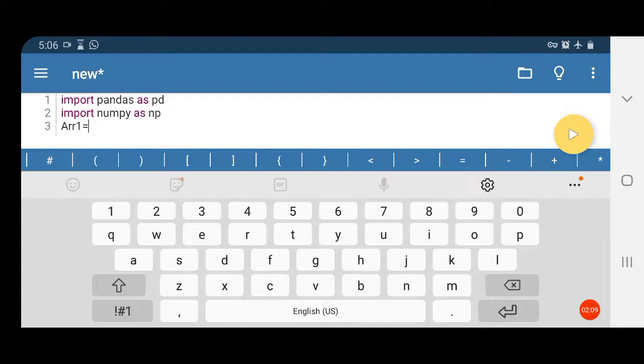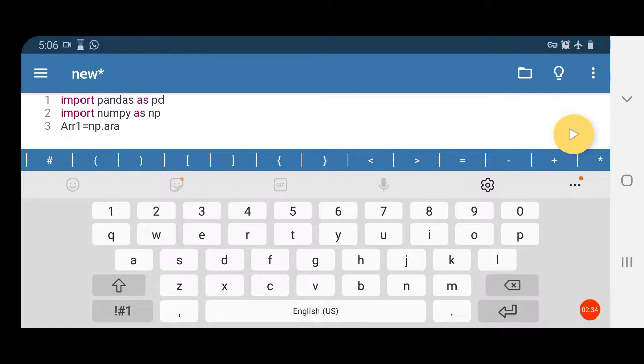So our NumPy library provides a function called the arange function, which helps us to create an array within a particular range. That arange function can be used by the alias name np that we have used here, np dot